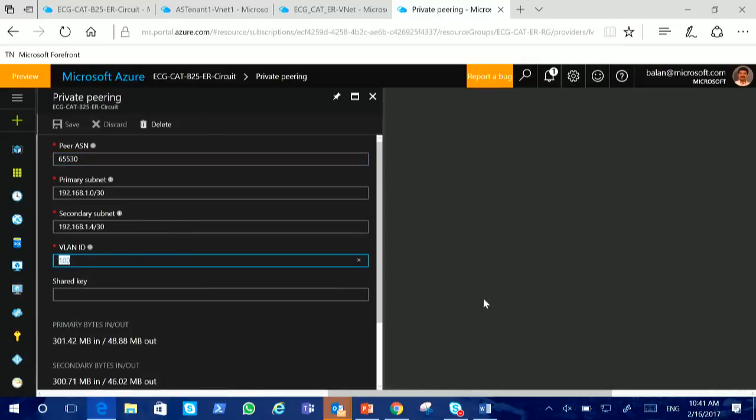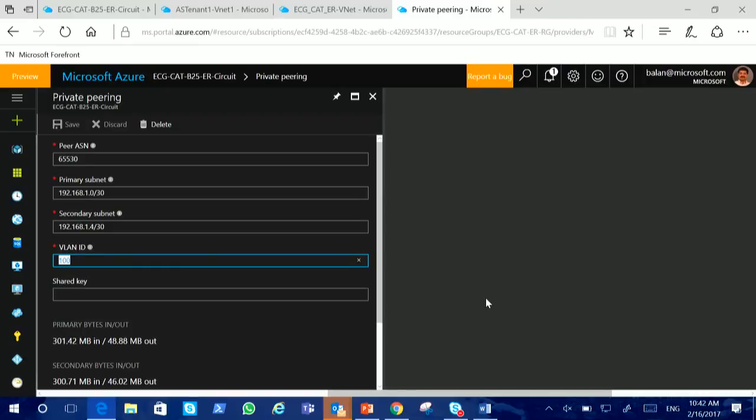I use the same VLAN ID on the Azure side, right? Because these are point-to-point connections between your router and the ER router, the IP addresses that I use for my primary and secondary interfaces will have a /30 mask. The first address of the /30 will be used by your router, and the second address from that subnet will be used by the Azure side router automatically.